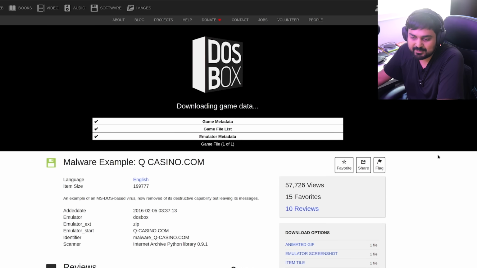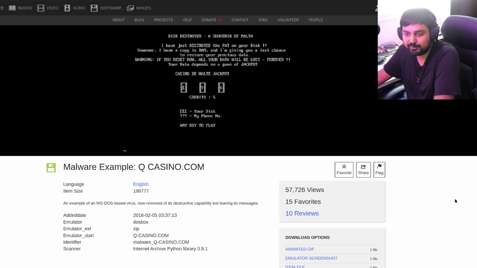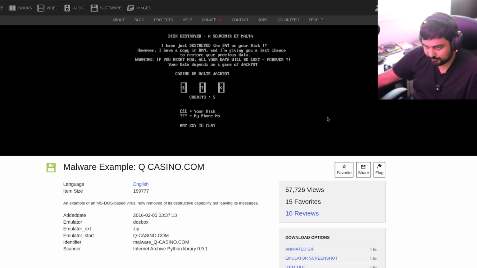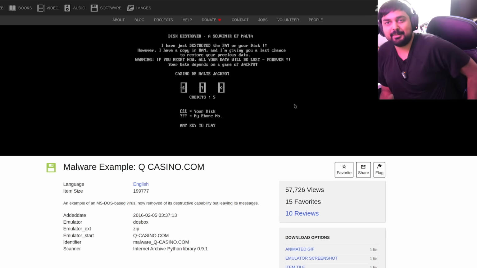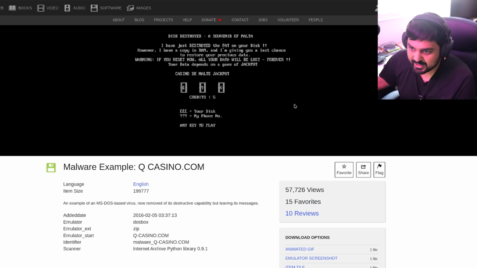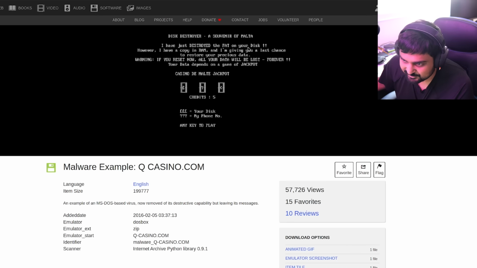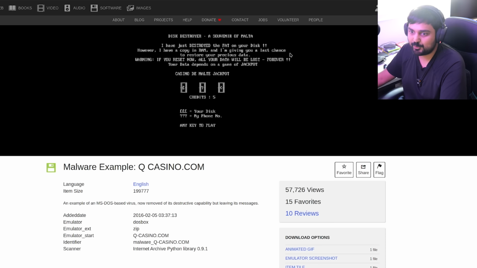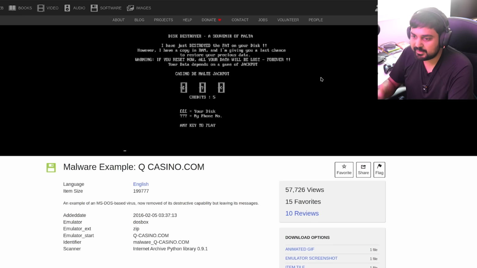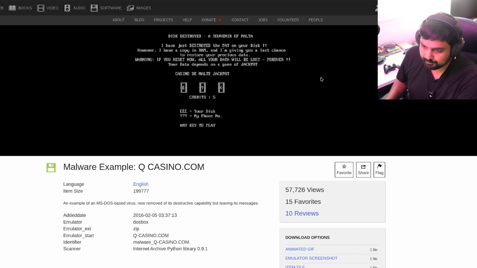One of my personal favorite viruses, and one that I absolutely love, is known as Q Casino, where basically the actual person generating the virus makes you play a game, all right? Kind of like Jigsaw, where it's like, I have just destroyed the FAT on your disk, which is the file allocation table. However, I have a copy in RAM. I'm giving you a last chance to restore your precious data. If you reset now, all your data will be gone. So basically, you have 5 credits right over here. All right, you press any key to play, and hopefully,